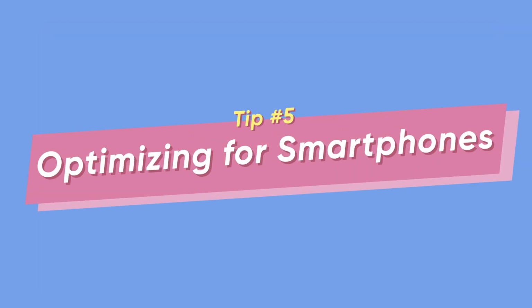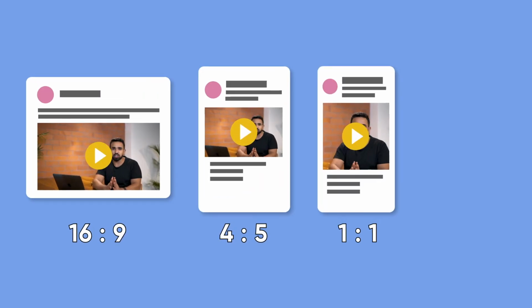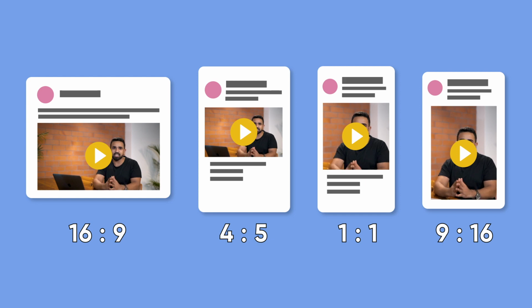Tip number 5. Optimizing for smartphones. There's no way you watch all of your video content off a desktop. In fact, there's a high chance you watch a majority of your videos on a smartphone. So, why should your viewers be any different? Think of all the screens you can play a video on. Optimizing your videos for different screens and devices signals to search engines that your content is more readily understandable by people who use these devices. Boom! You just got yourself a video SEO boost.